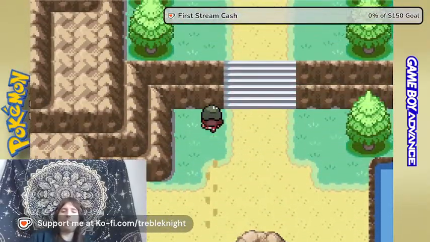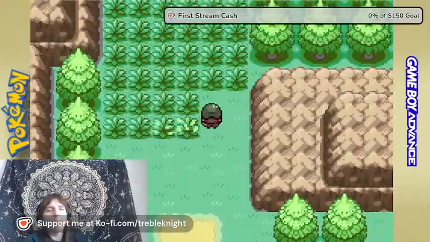Oh, I forgot this place is blocked by the Psyducks. That was in Gen 4 too.